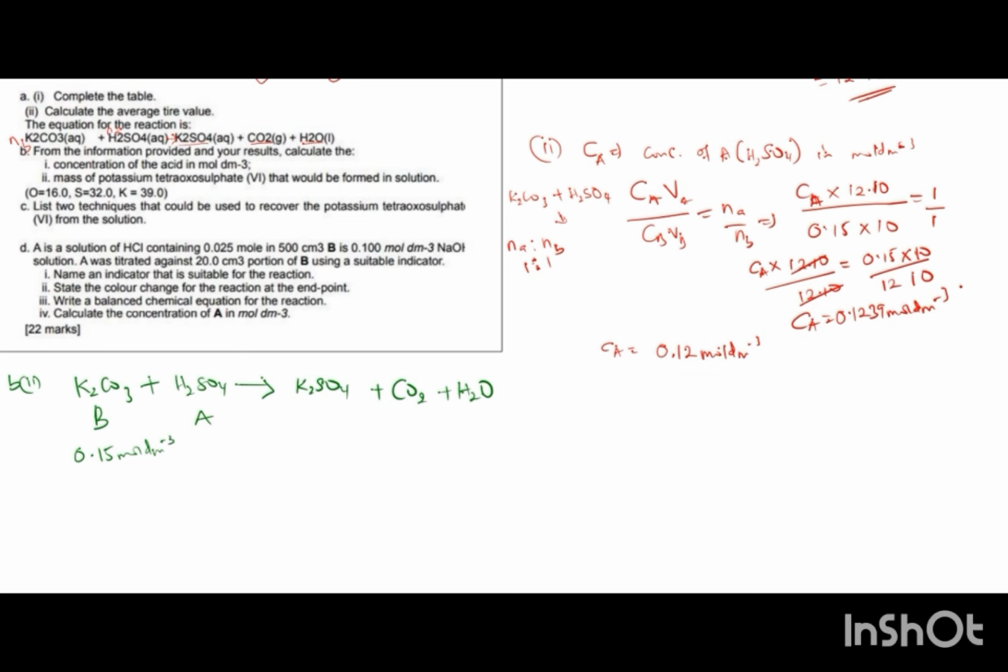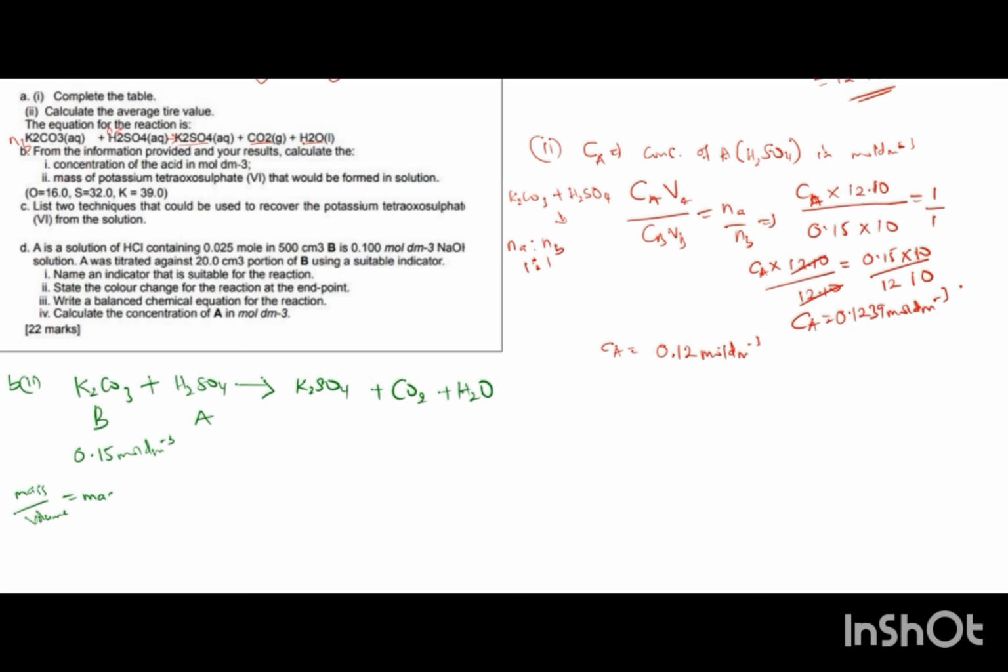The reason you can get mass in concentration is that it means mass over volume. What they mean by the mass of potassium tetrasulfate that will be in solution, the mass of K2SO4 in solution, means mass over volume. So this is mass concentration, which is the same as mass over volume, and it can also be calculated as